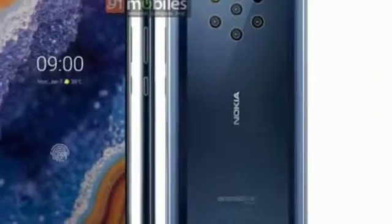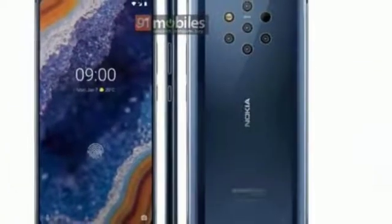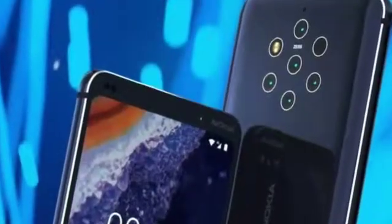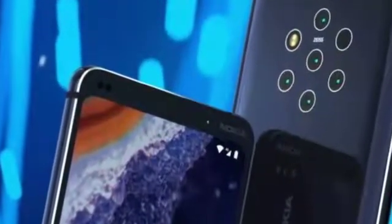If we move to the back side of the Nokia 9 PureView, it is the penta lens setup that is arranged in 5 cutouts. The penta lens system includes various kinds of sensors such as RGB, monochrome, telephoto, wide angle,